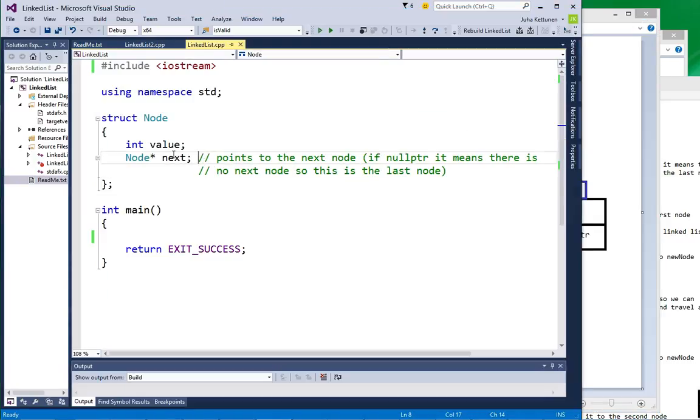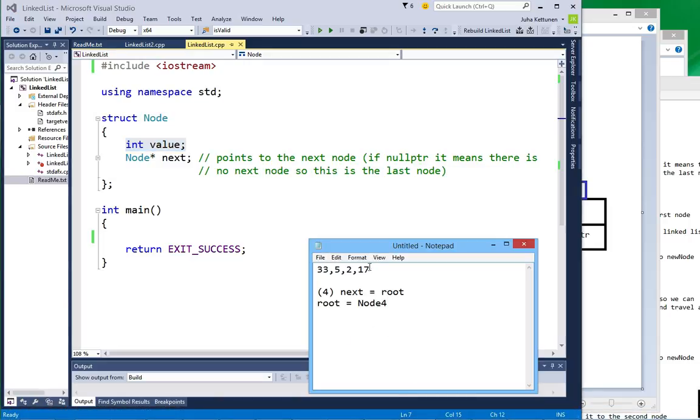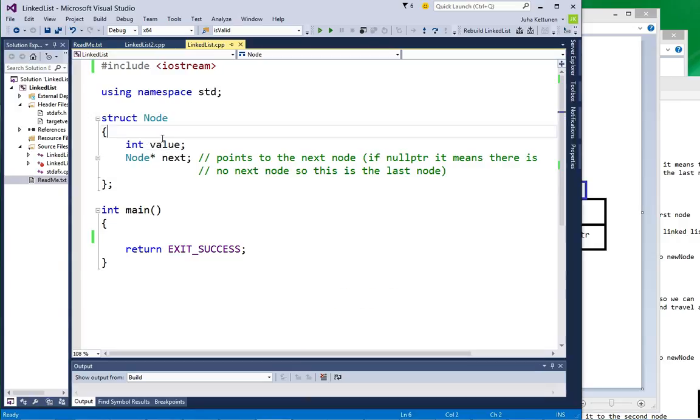Let's start here. The first thing we need is this node structure, which is here. This integer here contains the data, the value of the node, which in the last video we were using. For example, if we want to have a list which has three values 5, 2 and 17, they would go here. So this value contains the value of the elements, and this is the pointer to the next node,